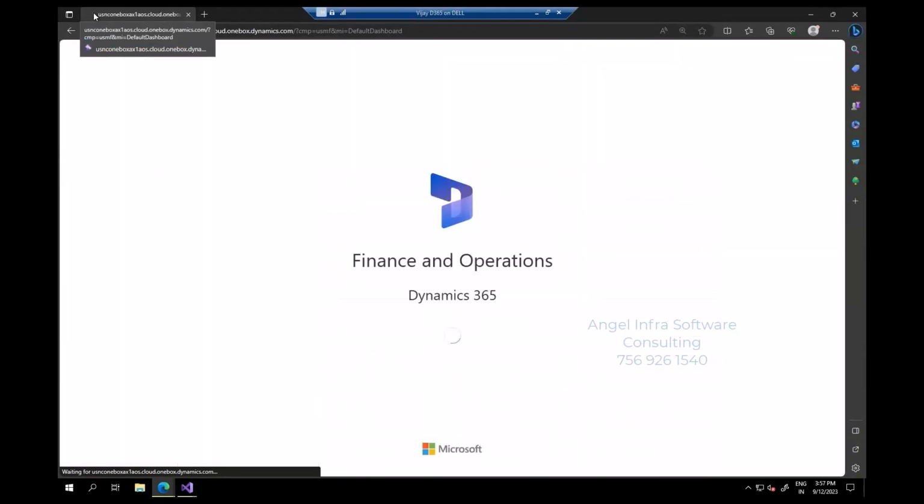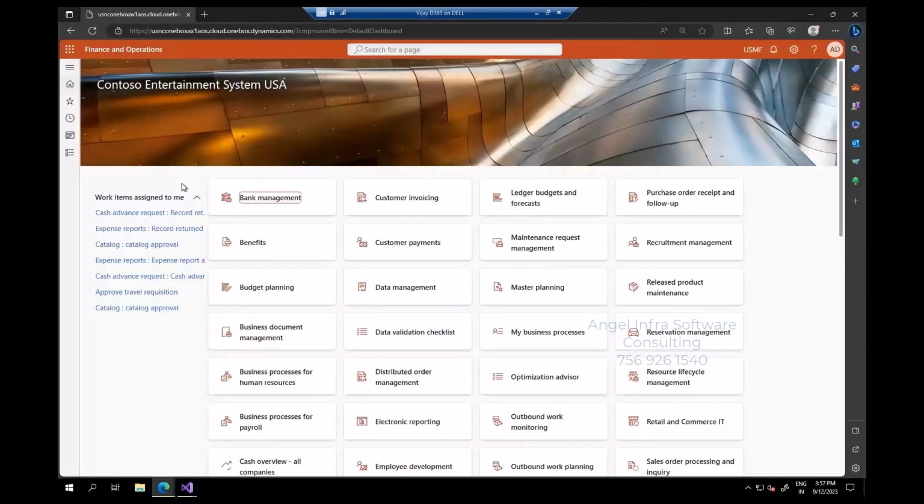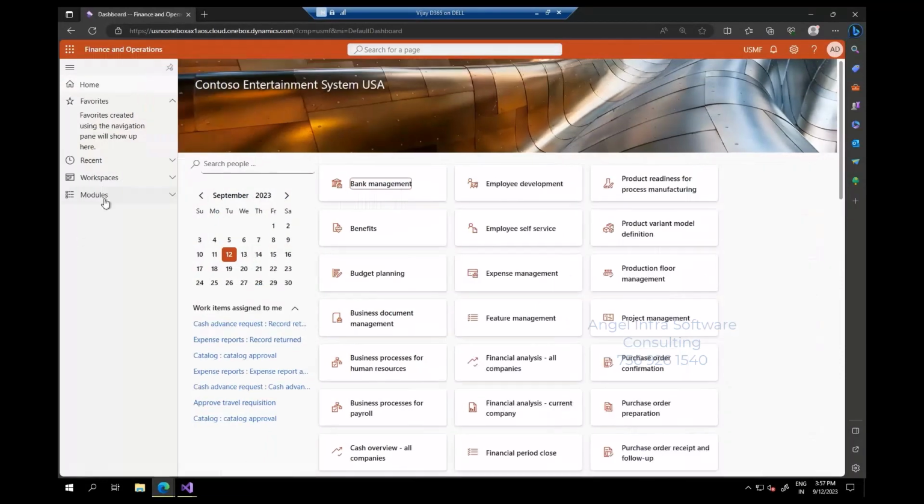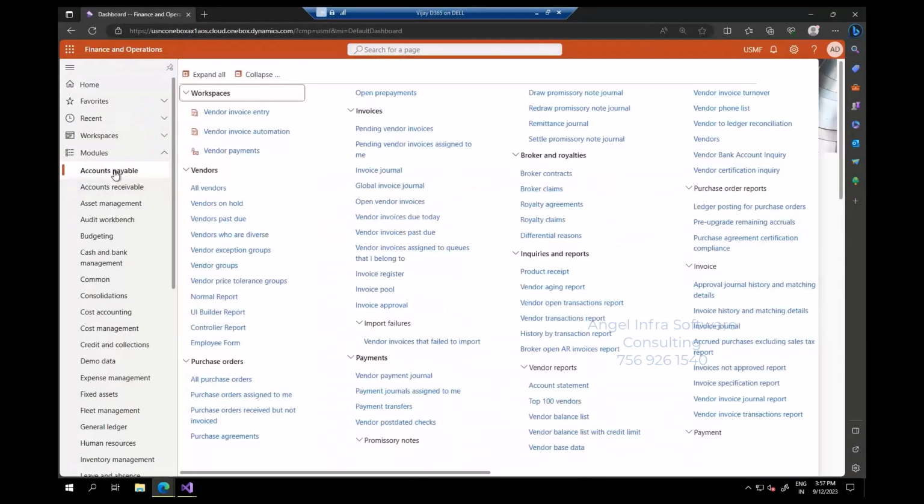Still loading. On the modules, accounts payable,